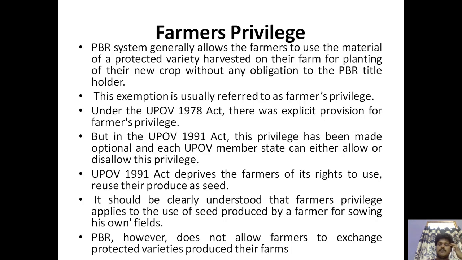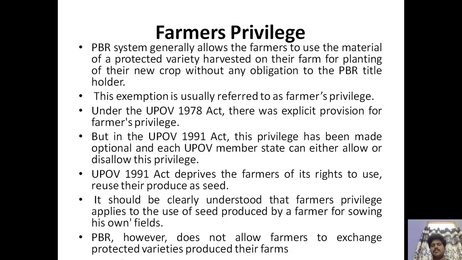Then there is one more provision, which is the farmer's privilege under the UPOV system. So the PBR system generally allows farmers to use the material of the protected variety which is harvested on their own farm for planting of the new crop without any obligation to the PBR title holder. So this exemption is the farmer's privilege. Under the UPOV 1978 Act, there was an explicit provision for this farmer's privilege. But coming to the 91 Act, this privilege has become optional and each UPOV member state can either allow it or